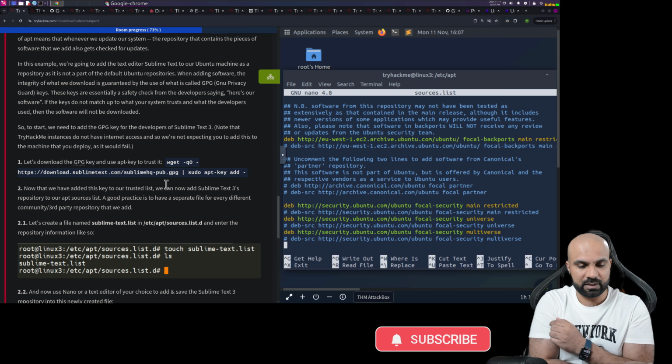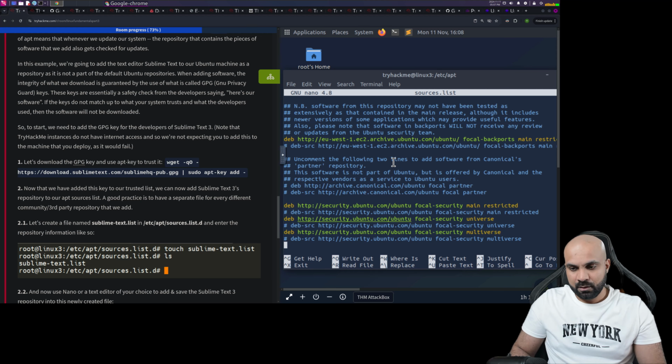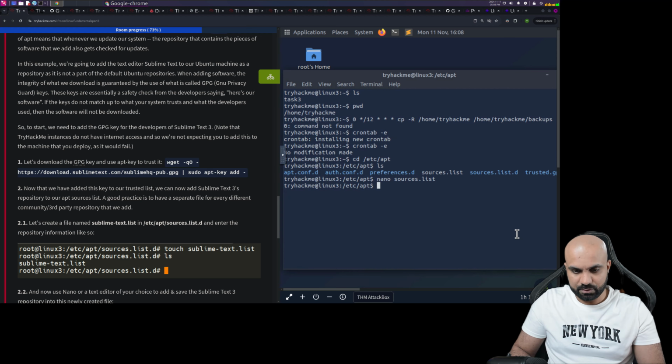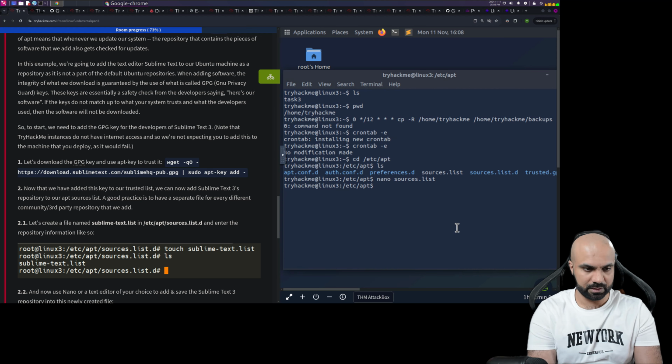I can do one thing, by the way. Let's do it anyway. Okay, let's do it anyway. wget, that means we are downloading something. q0, I don't know what that means. And then